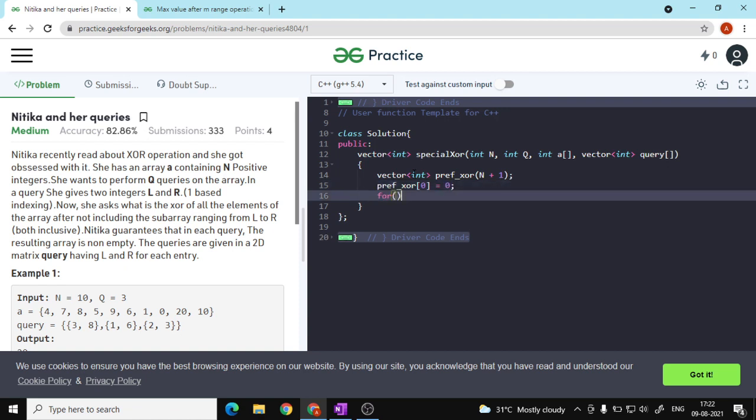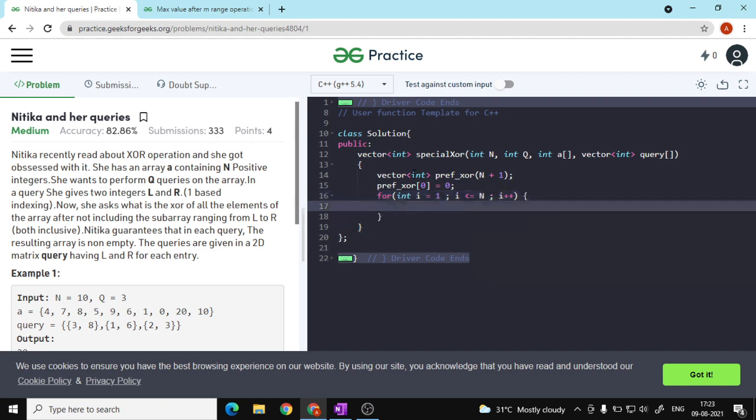Now we have to traverse from i equals 1 to i less than or equal to n, where n is the capital N, and calculate this prefix XOR value. Prefix XOR of i is equal to prefix XOR of i minus 1, the previous value stored in it, XOR